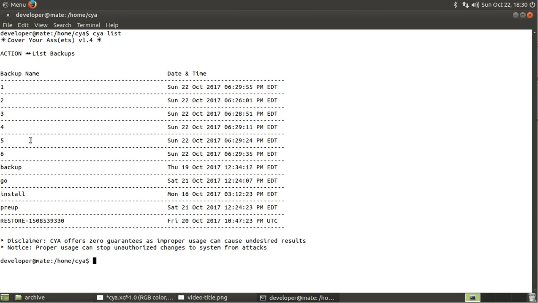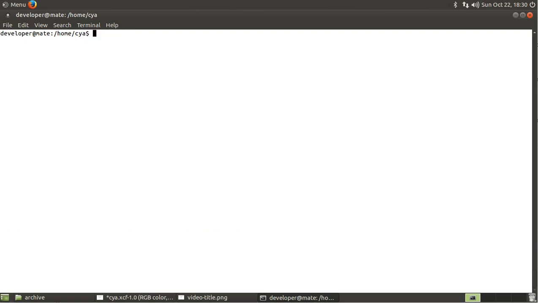If I decide now, well, I really only want 4, so I can go change this to 4. If I clear this and I go sudo vi cya.conf and I say, no, you know what? I think I'll change this to a 4. So it's now a 4 there, and I write that out. And if I cat then cya.conf, you see here we have a 4, which will work. But that means the 5th and 6th, so number 5 and number 6, will stay there and remain there forever